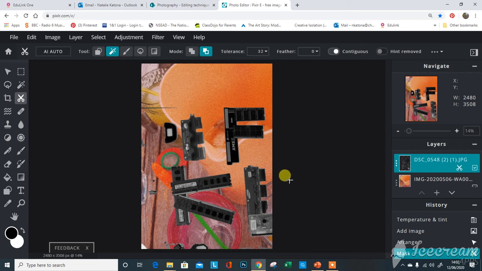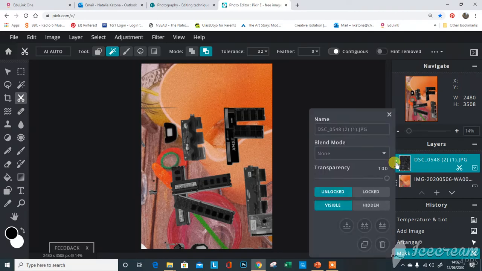Now what we're going to do, the background has magically disappeared here, but it's still a layer over here. What I want to do is duplicate that layer because I want 2 layers of text, and I'm going to do 2 different things with them. So if I take my mouse and I just click on the 3 little dots, and then down here you see these different options. Here is the duplicate layer, so I'm just going to click that,